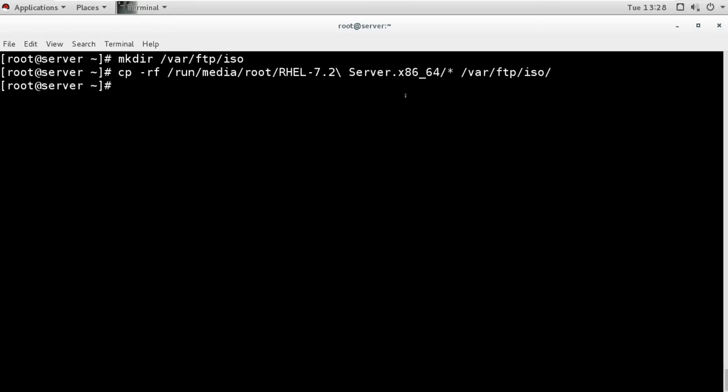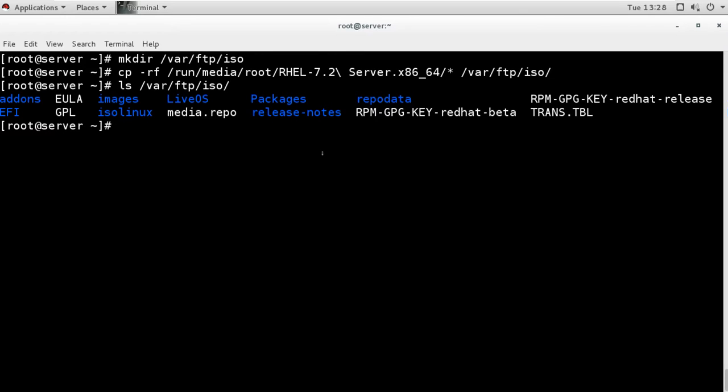Now it is copied into this directory. All the files from the DVD are copied there. When I check the directory FTP ISO, I have all these files and directories. In this directory I have all the packages, and I have the repodata, which is the repository data, the information about what packages I have and what packages I don't have.